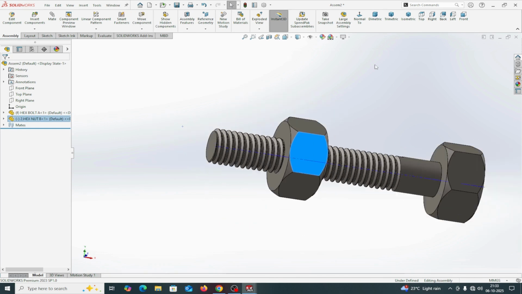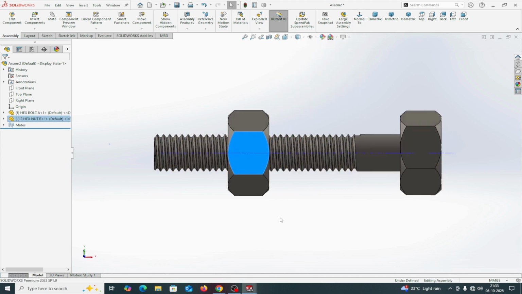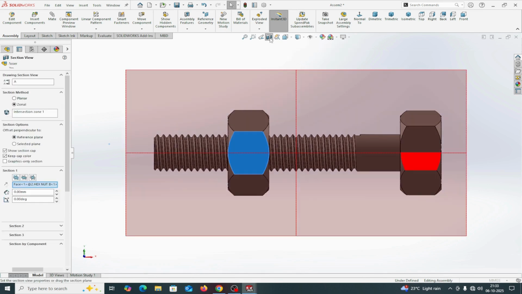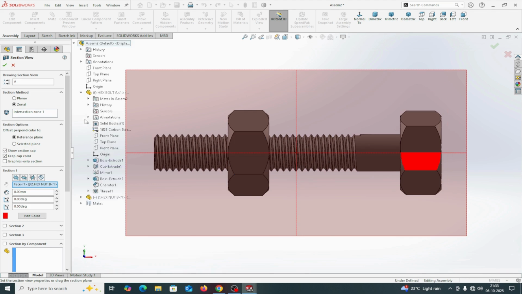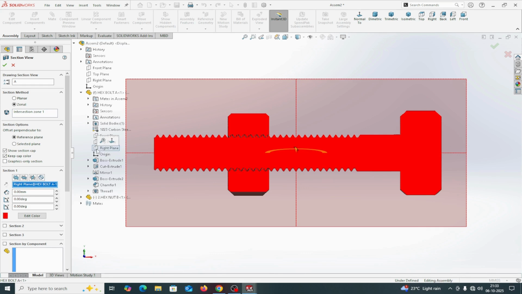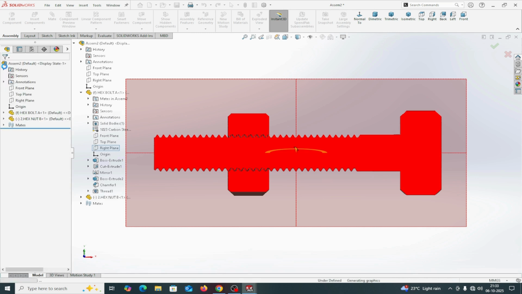Now we will make a relation here. First, hide the temporary axis, this one, and now first we will make a section. This is a bolt, and section this one, right plane of the bolt, and this is the section of this thing. Okay,